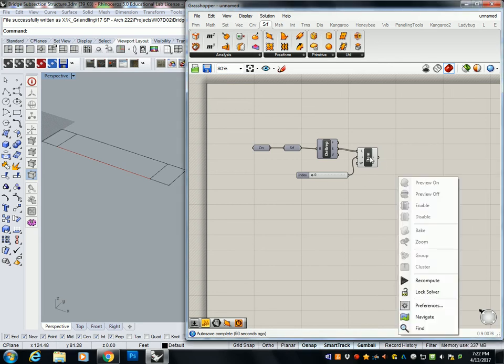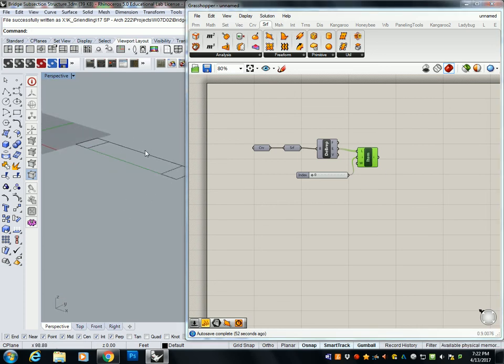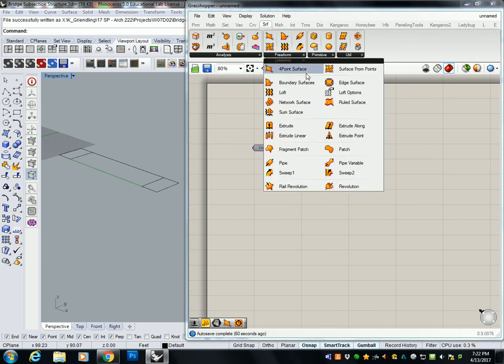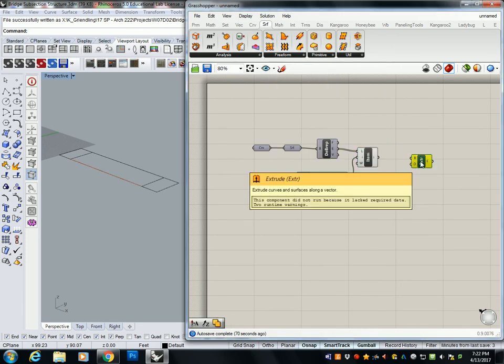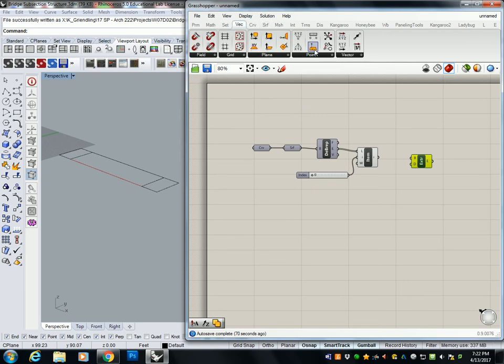So what I have here is the line that we originally selected. Imagine that the whole definition is happening above this, and I just isolate this one in order to work on that line again. It doesn't matter if it's curved, doesn't matter if it's flat. Well, some things might, but generally speaking, all we need to do here is go to Freeform, Extrude, and we're going to extrude this line upward. Because this is a physical operation and it's always going to go up, I can just use unit Z for this one. So I'm going to put in unit Z,